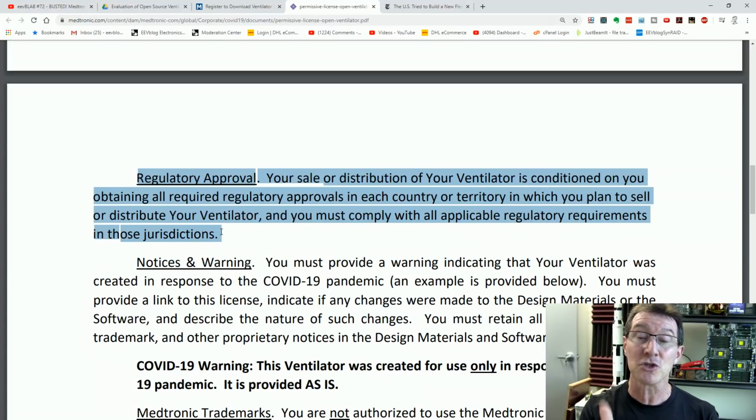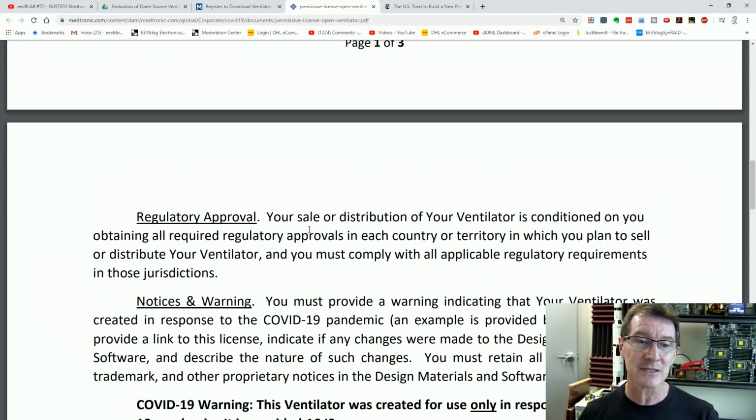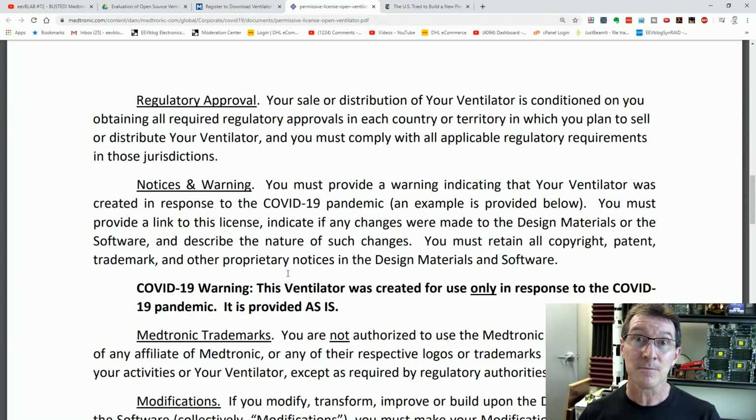The distribution of your ventilator, if you actually sell the hardware, doesn't stop you releasing the information to build it, I would presume. Correct me if I'm wrong, lawyers. But if you want to distribute it or sell it, even if you want to give it away for free, that's distribution, and if you don't get regulatory approval, it's not covered. So I don't see how, technically, in theory, any information that Medtronic has released is conducive to producing the ventilators that